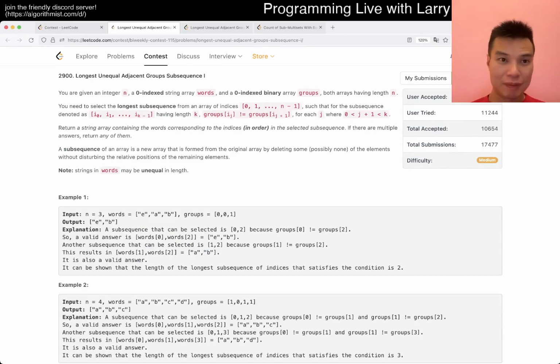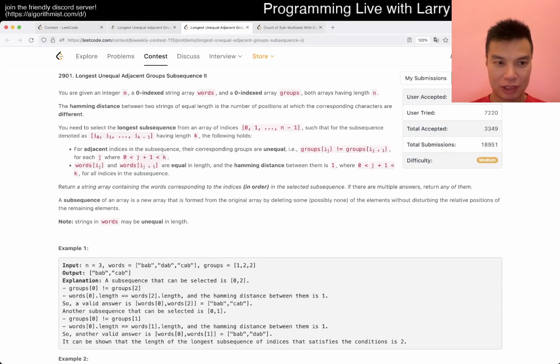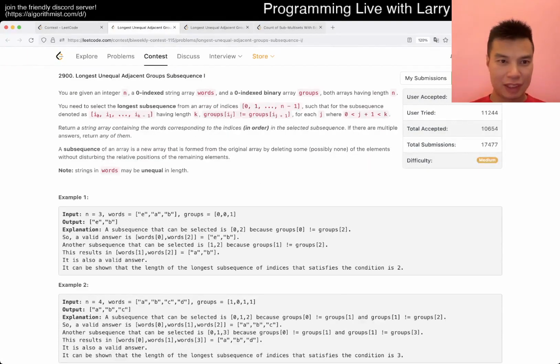Let's take a look at this. What is the difference between Q2 and Q3? I don't know actually. Okay, let's just look at Q2 then. Given an integer n, and okay, words and groups, okay. Longest subsequence from an array of indexes such that, okay, not sorted, but the in order subsequence having length k and groups j is not equal to